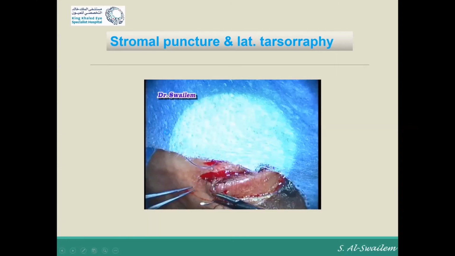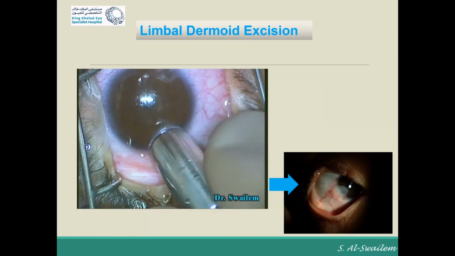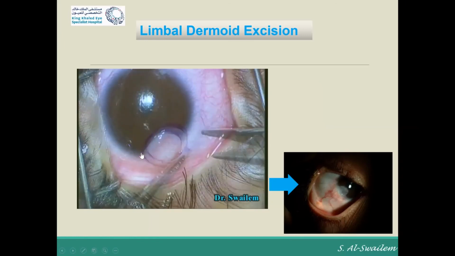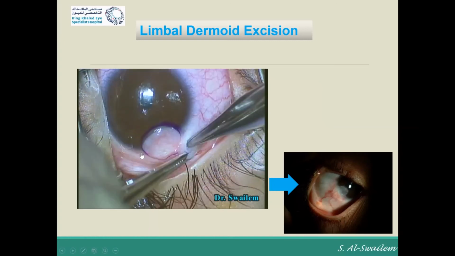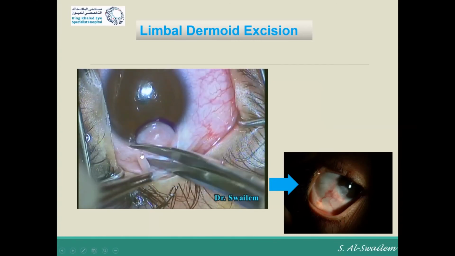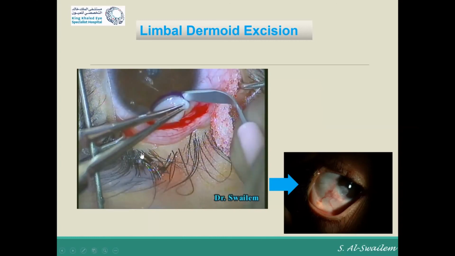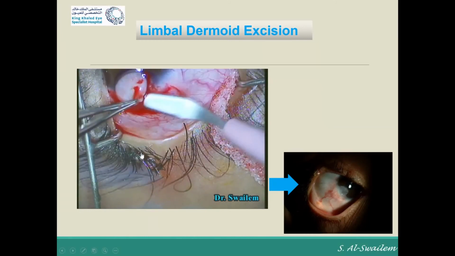And this is another patient with a dermoid, as you can see here, just trying to highlight the dermoid itself, and then we start with the conjunctivotomy around the lesion. So not every dermoid really needs a lamellar keratoplasty or PKP. And here I'm trying to partially excise the dermoid from the limbus,